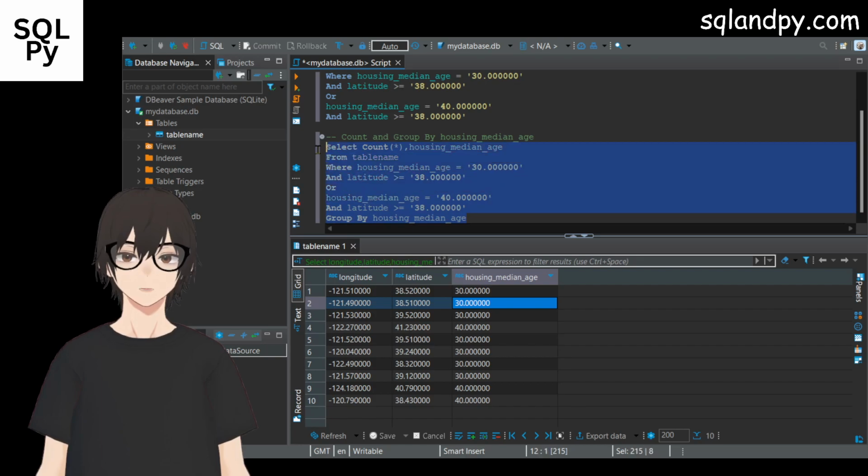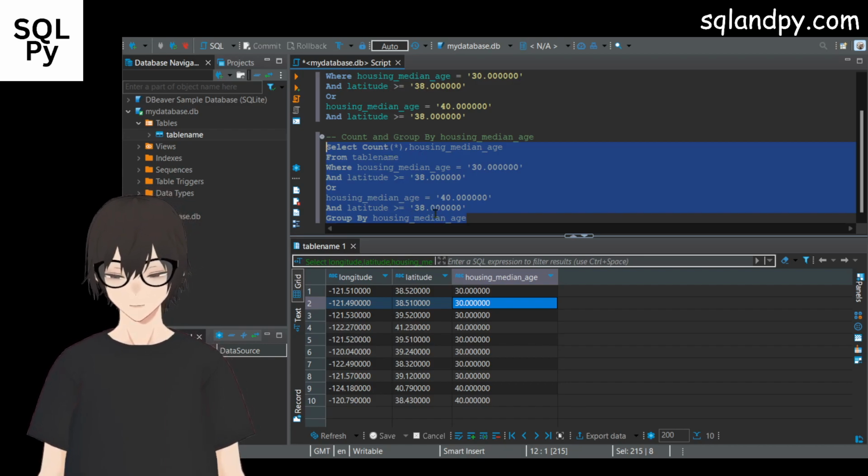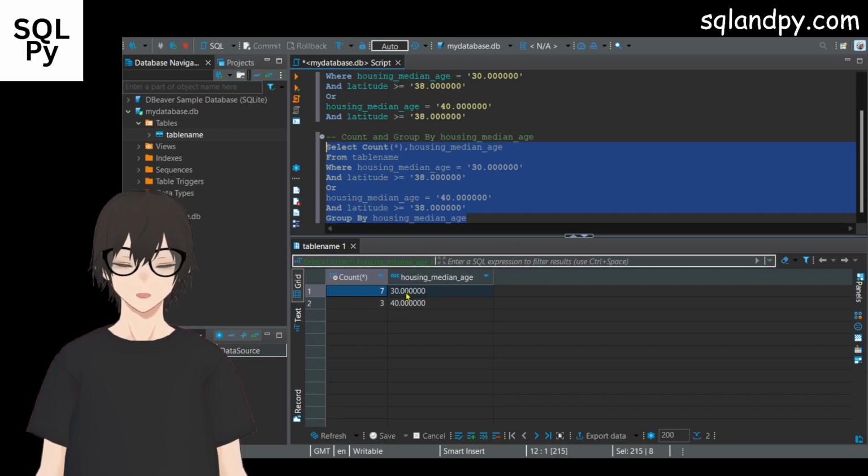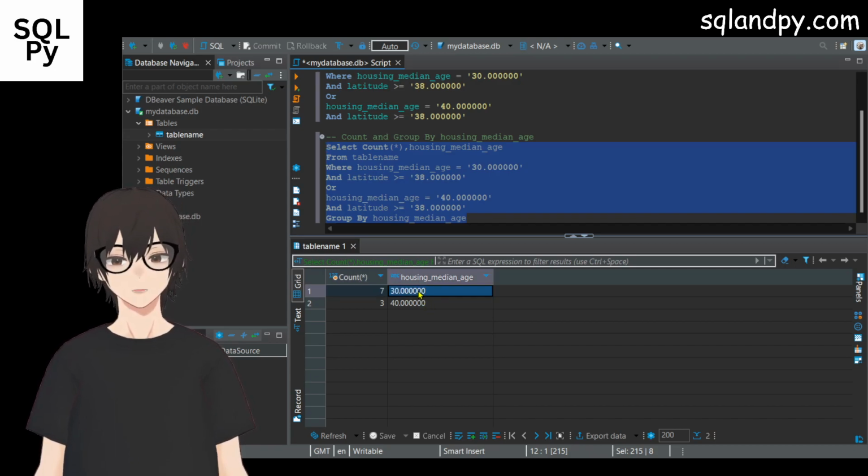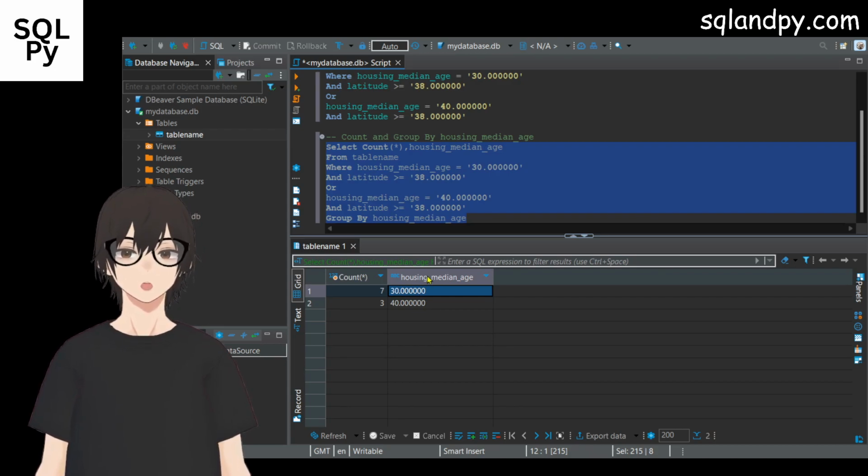So if I run this section of code, which is very similar to what we had before, just with those minor changes, then you will see we have two columns. The first column being the count, and the second column being the value, the unique value that we have in this housing median age. And that is how you do